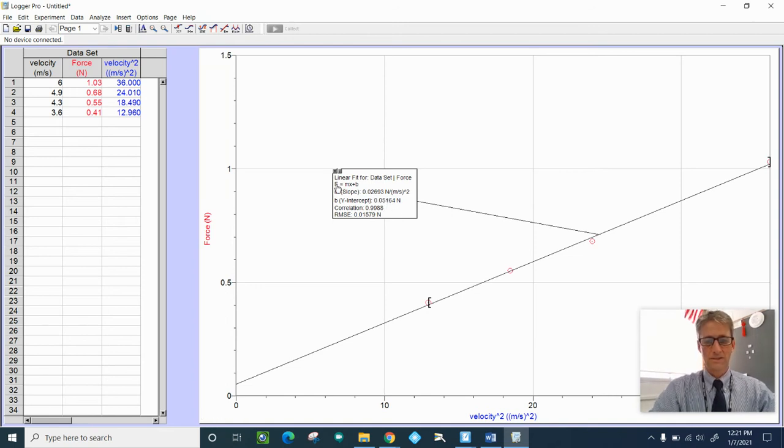So this is y equals mx plus b. Don't forget, y equals mx plus b. Y is force. So we have an equation here that says force equals the slope, 0.026 or 27, times the velocity squared. Okay? So that's the equation we're trying to create. If this is truly linear, then it looks like force is directly proportional to the velocity squared. All right. So when you go back to our